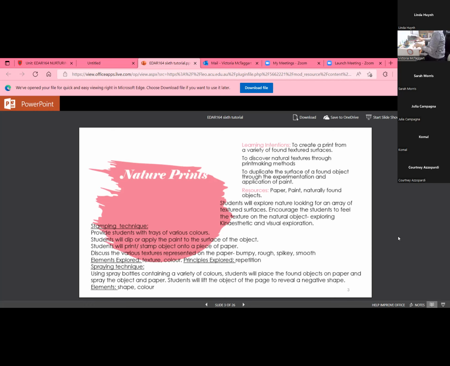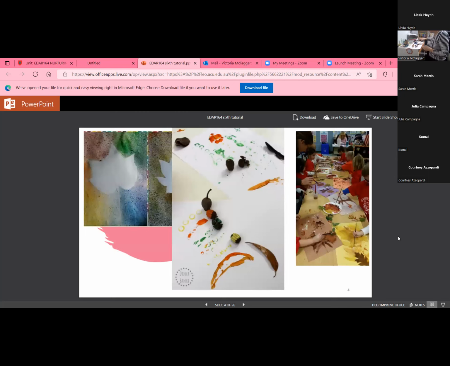I'll just lay these down. I'll get my little sprayer. And this size sprayer is available to purchase at any craft shop. Can you see? Okay, let's have a little look here. So if I spray,